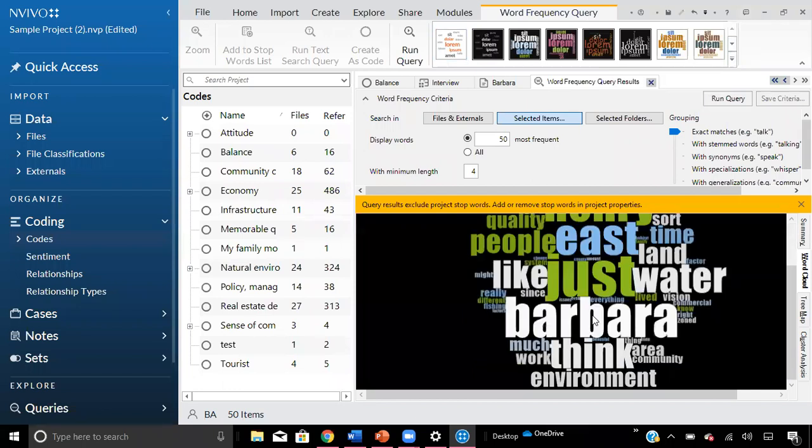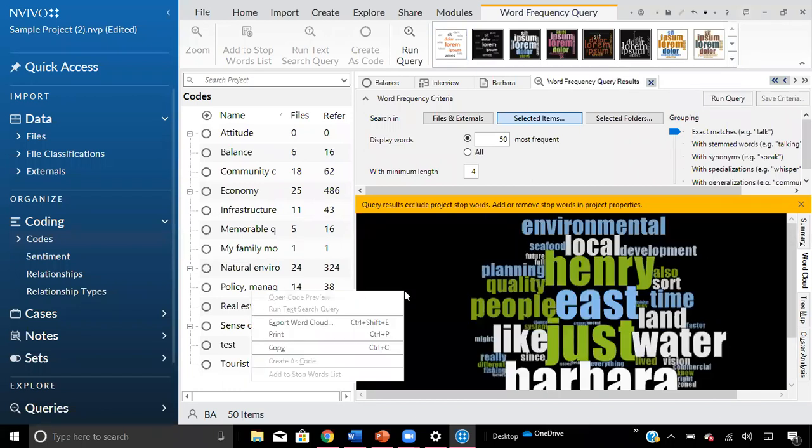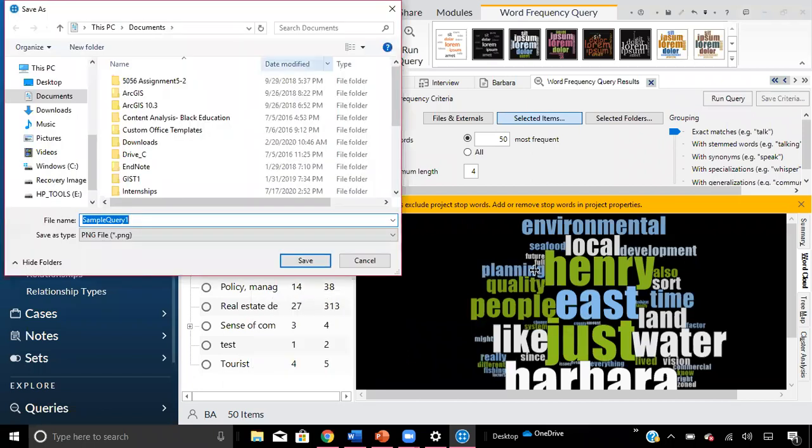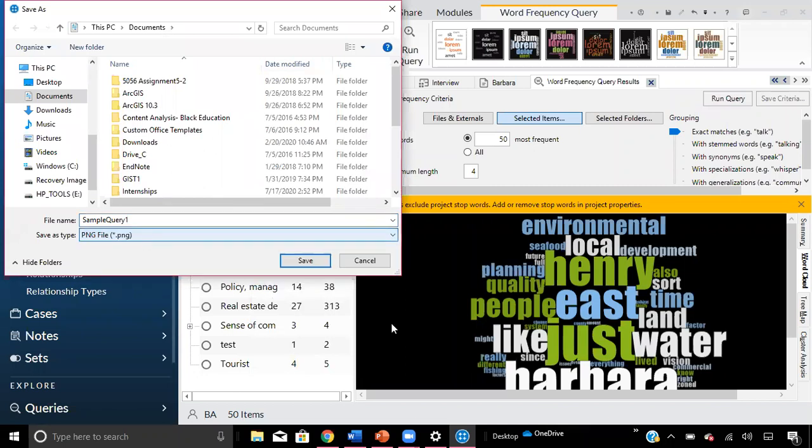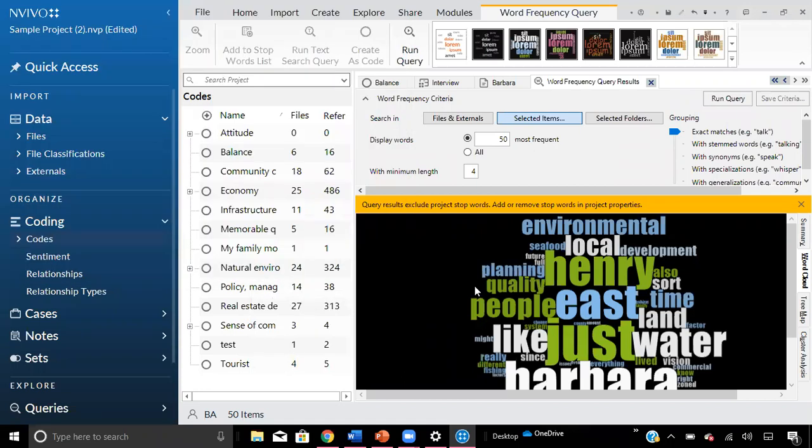And there we go. If you'd like to export this, you can hit Export Word Cloud, and that'll pull up where you can save it as its own file, JPEG, or any of the other file options. You can also copy and paste it into a Word document if you'd like. So those are some options to export the data.